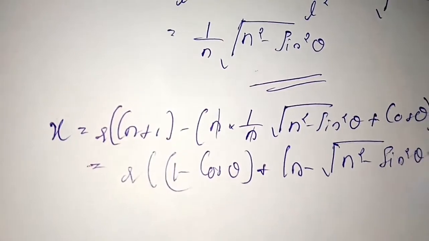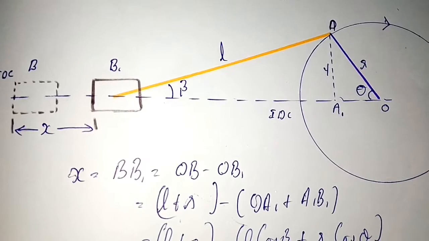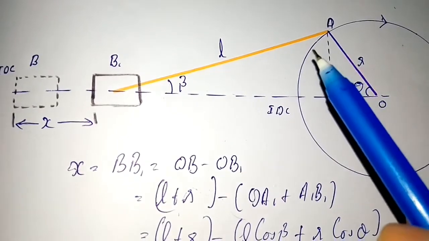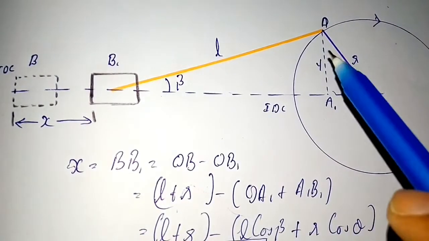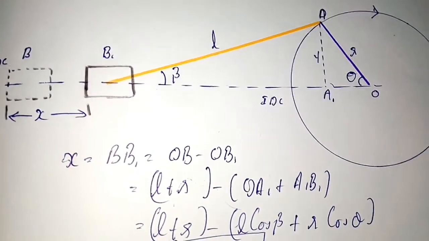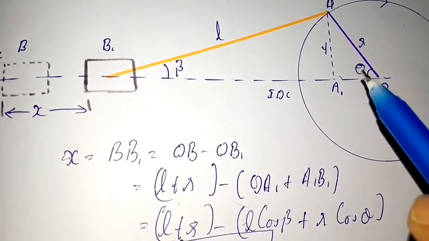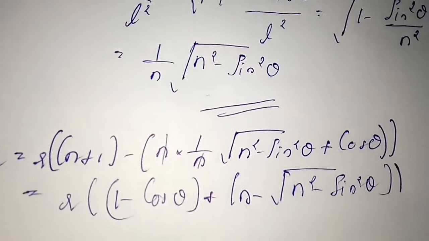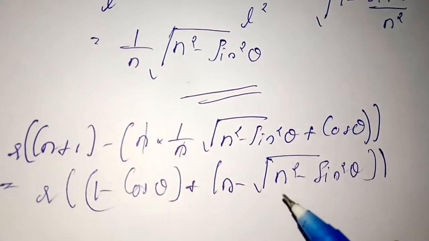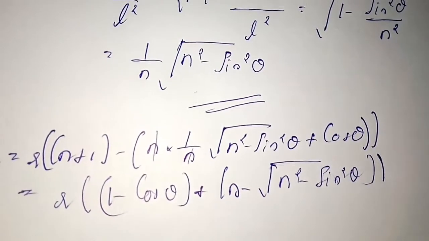If the size of the engine doesn't matter and we need a more quiet and smooth running engine, we can increase the connecting rod length for smoothness. So if the connecting rod length is very high, we can say L by R, which is N, will be very high. A long connecting rod means the value of theta will be low. So we can say that in this equation, N square minus sin square theta, the value of sin square theta will be very low compared to N square. So we can avoid the sin square theta term, or we can neglect it.